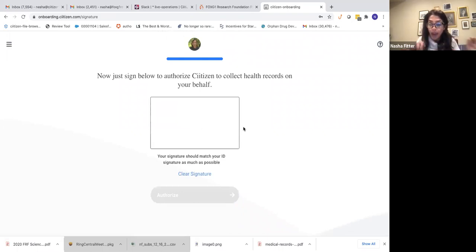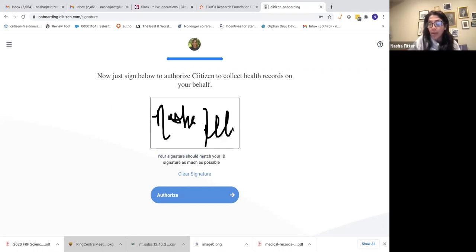Now I need to sign the authorization. This is really hard because it's a digital signature and you need to make it match your ID, whether it was a driver's license or a passport, etc., as close as humanly possible. And I know it's hard. So let's say you do something and you're like, oh, that's not at all it. You can clear the signature and do it again. I recommend you do that to get it as close as you can to your driver's license or whatever ID. I should have made that more clear. It's any government ID. In my case, it was a driver's license. You click authorize,